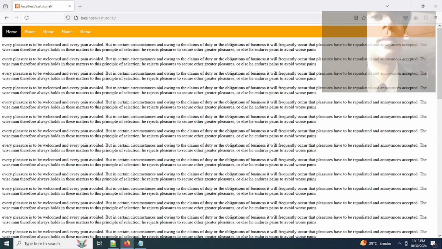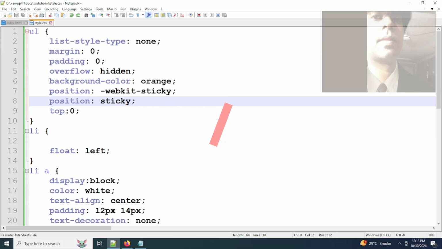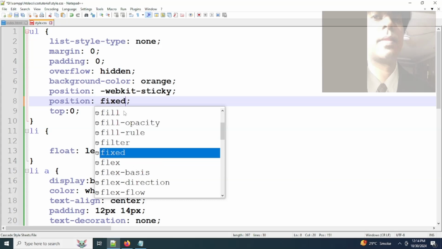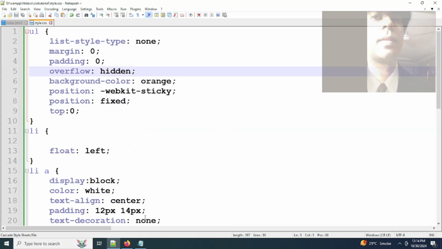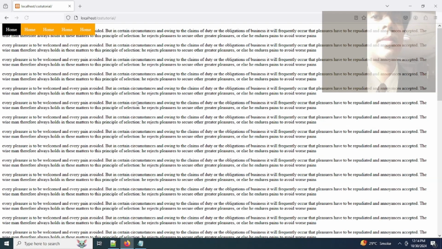Now we will create fixed navigation and open Notepad++. Instead of sticky we will use fixed, and press the blue button to save the file. Go back to the browser and press Ctrl F5 to refresh the page, and scroll down